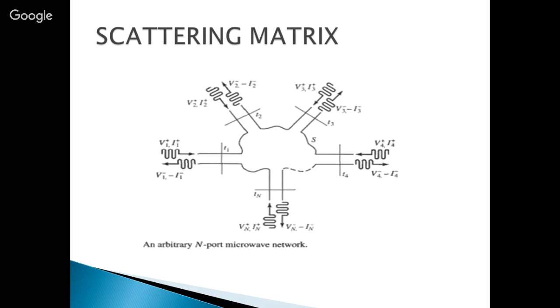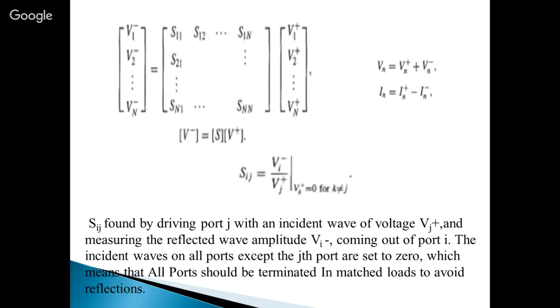Similarly, at port N, the incident voltage is Vn plus and the incident current is In plus, while the reflected voltage at this terminal is Vn minus and the reflected current is In minus. Therefore,